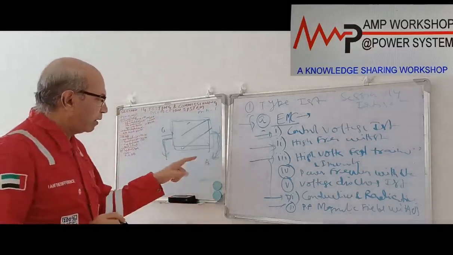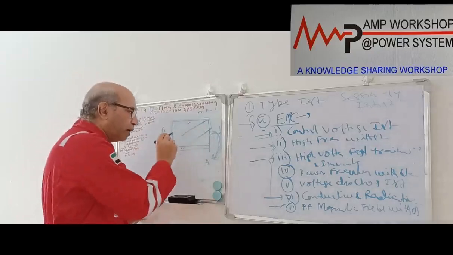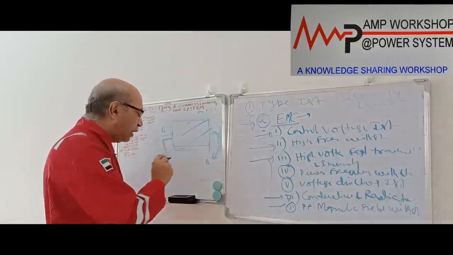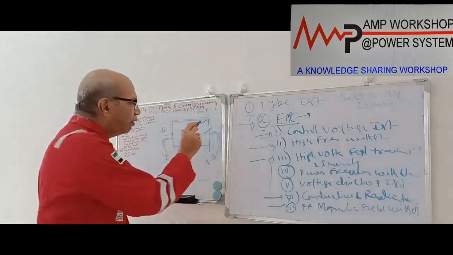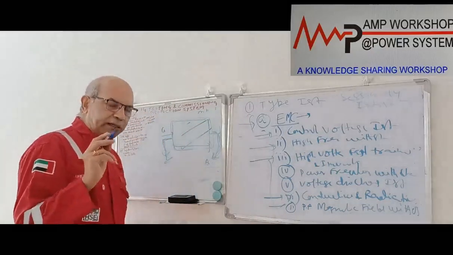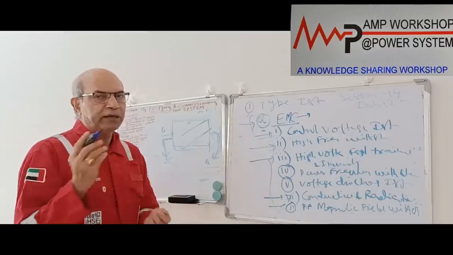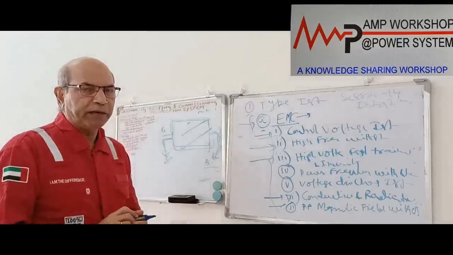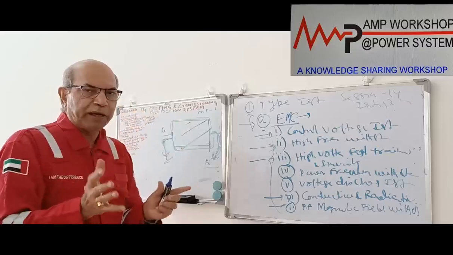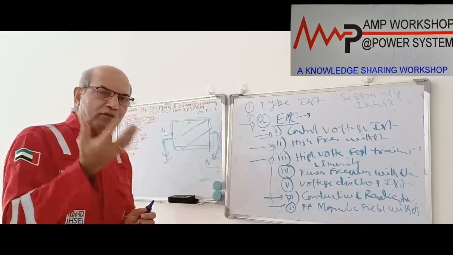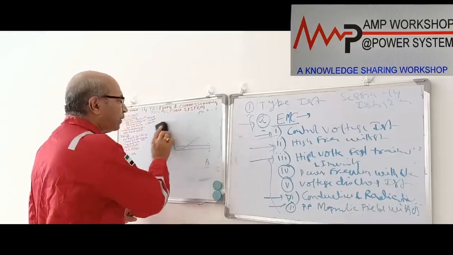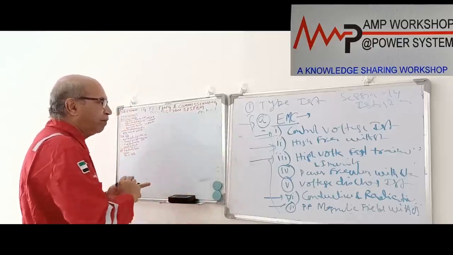In case this cover or the body is a conductive body, not insulated, we do the conductive test. But if it is an insulated body, then we have to go by the air discharge. Okay. Now the test can be carried out in two states: one is cover on, another is cover off. One is the relay inside the body, another is the relay outside the body. If it is a small relay panel, in one case the cover is on, in another case the cover is off. So in the cover on condition, the air discharge we do at a voltage of 15 kV.